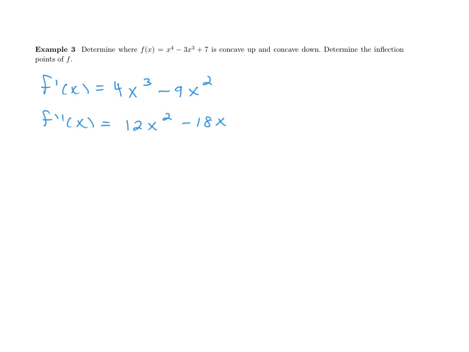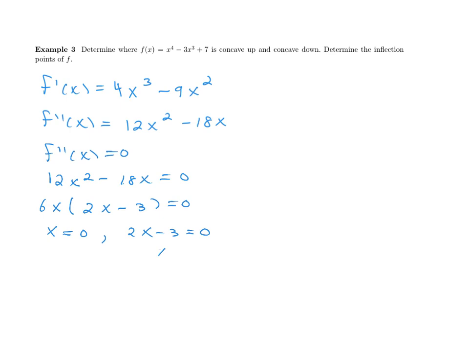I think the approach of determining where it is 0 will be helpful. I'm going to figure out where the second derivative is 0. I'll put those on a number line, and then from there I can figure out where the derivative is positive or negative. So where is the second derivative equal to 0? That's where 12x squared minus 18x is equal to 0. Here we can factor out a 6 and an x, and we have 2x minus 3 left over. The second derivative is 0 at 0, and also where 2x minus 3 is 0, which is positive 3 halves. So on a number line,